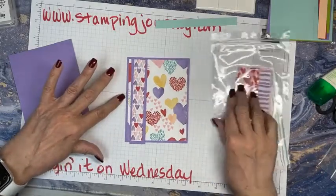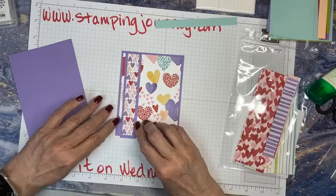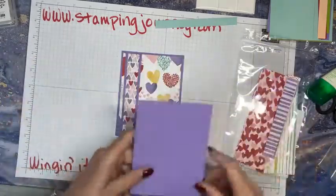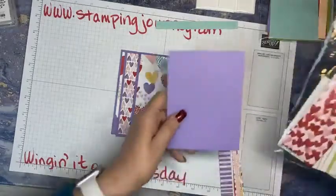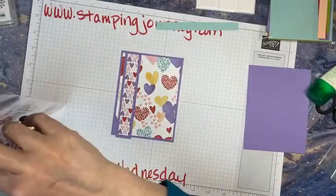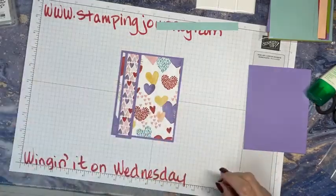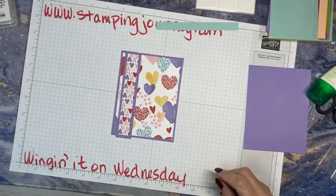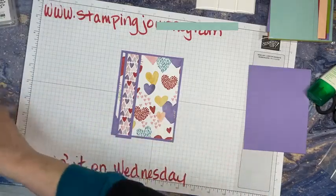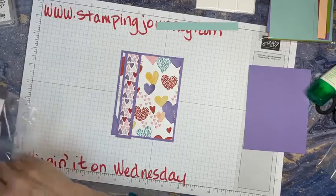There, that's kind of pretty. I like that. We're not sure what else we're going to do or what verse or anything, but I've got that much going on that I like. So I'm just going to put this in here so I'm not shuffling it around. Okay, now let's see. For a base, I'm thinking that we would go with,